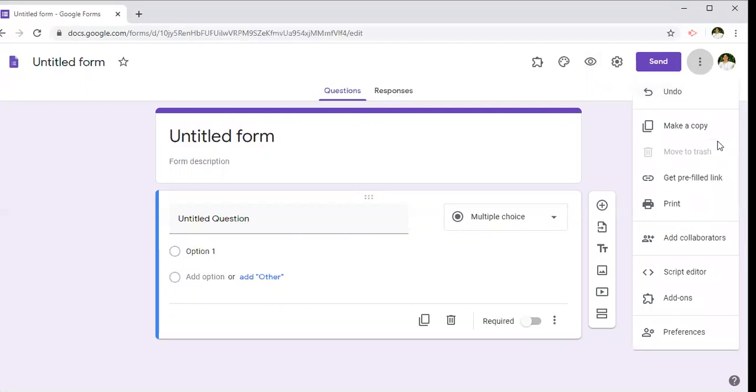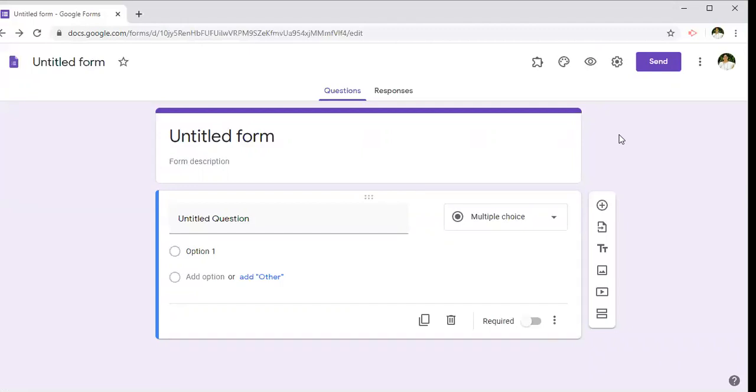So wherein we have different options, we'll discuss one by one. So now let us start to create our Google form. So let us give the name of this form. I'll give it as first quiz. So in this part, I'm going to show you how to take the information for registration, as well as how to conduct the quiz, as well as how to take the feedback from the students or the people.